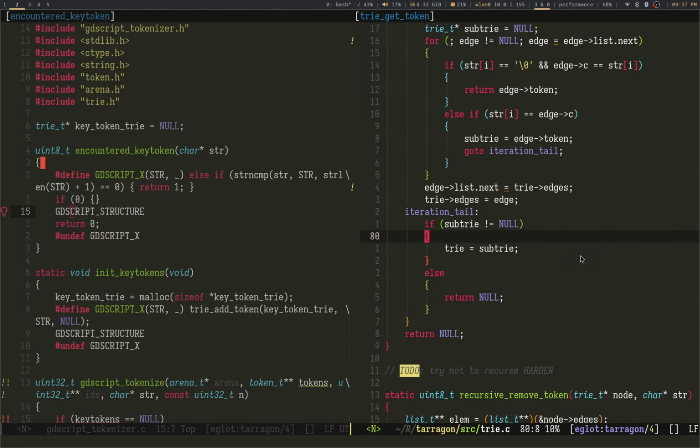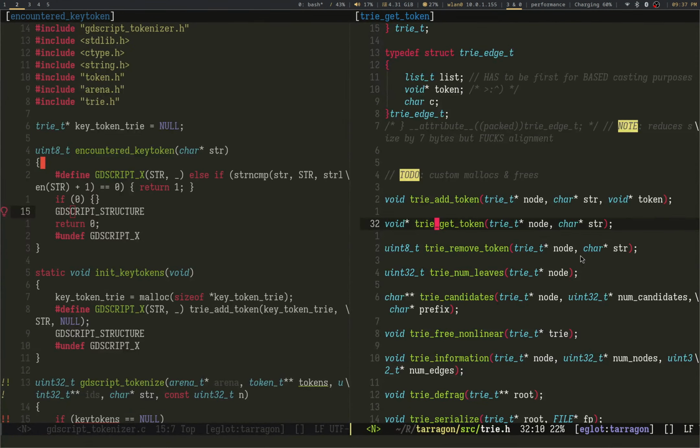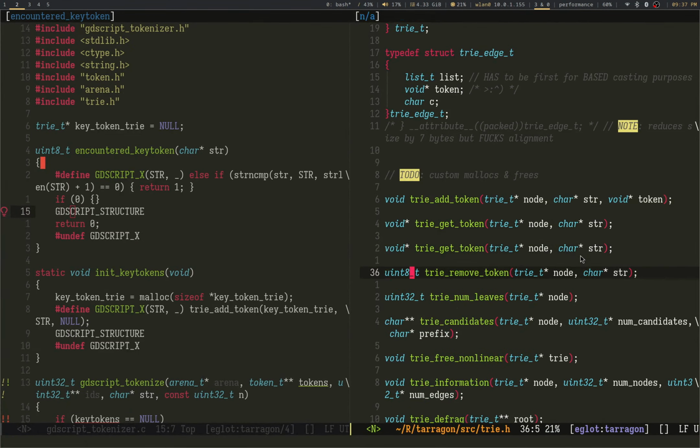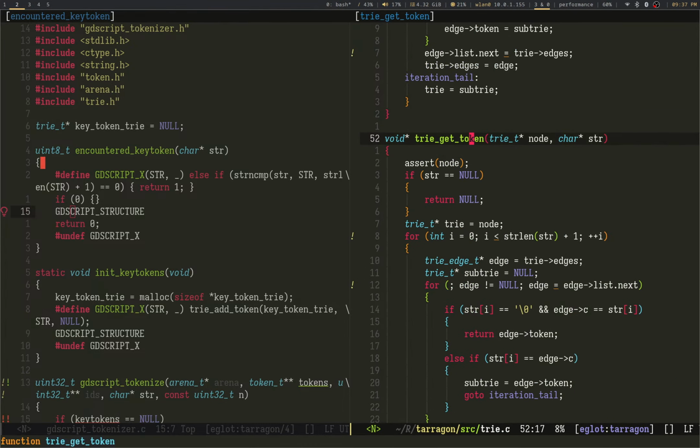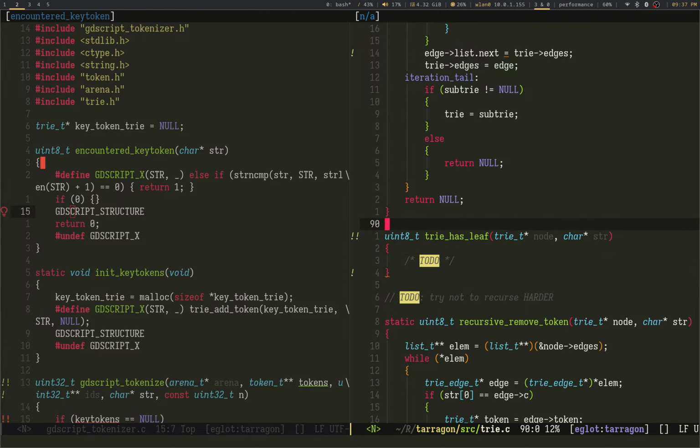But I see the problem. It'd be much better if I just had a tree has token, has leaf, string. So yeah, this is going to be essentially the same logic as this.